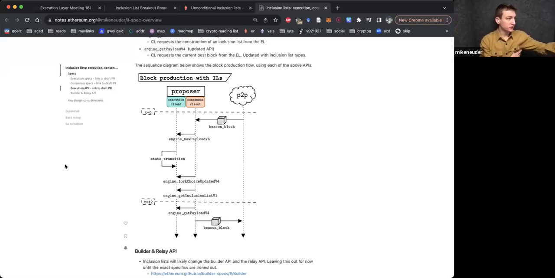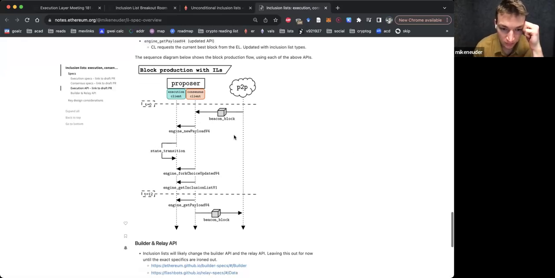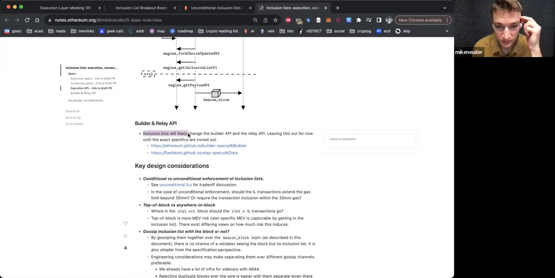Yeah, I do feel like all of these questions are best understood in context of the relay specs too. So I think I left that part out of here for simplicity, but to continue the discussion, I do think it'll make sense to walk through the builder specs. Cool. Yeah, Potus.